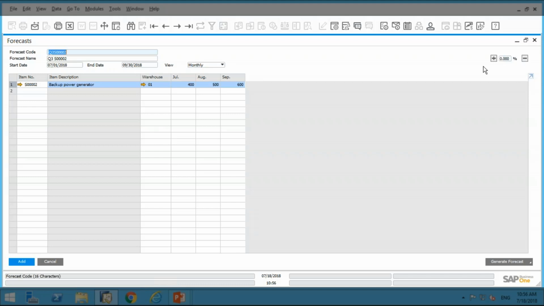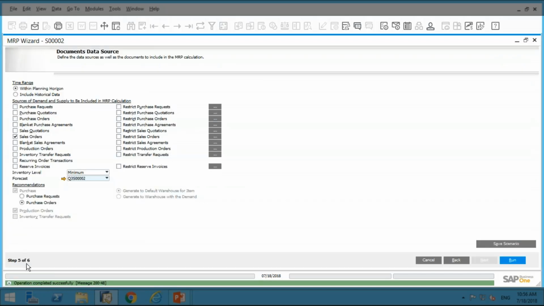We want to base it off of last year's data. Now we're going to say add. Okay, so now I've added this sales forecast to my document data source in step 5 of the wizard. Now, if I run this